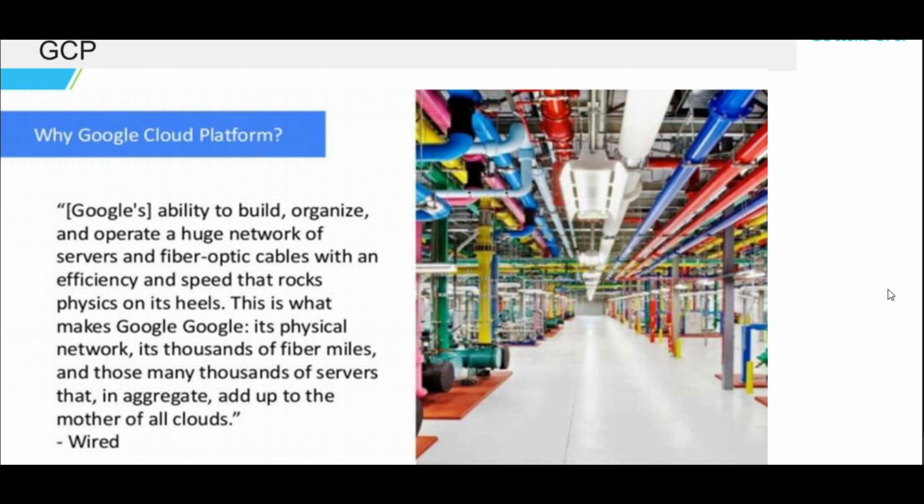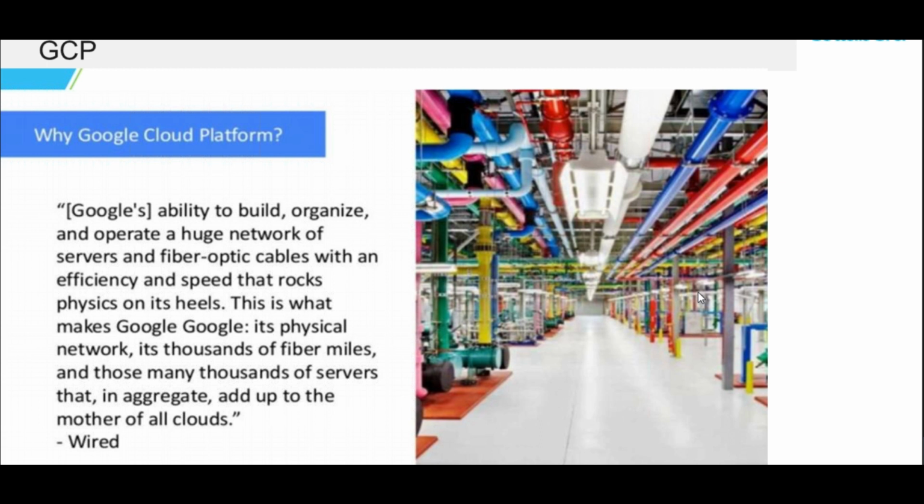So you will get the most up-to-date infrastructure as well. Its physical network, thousands of fiber miles, and those many thousands of servers in aggregate add up to the mother of all clouds. Right?